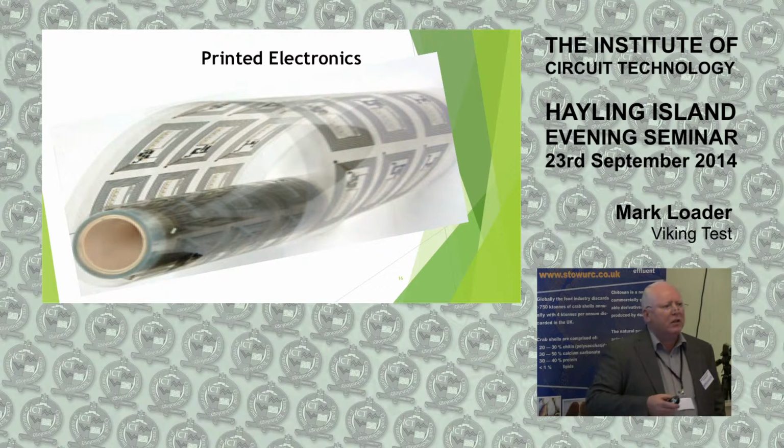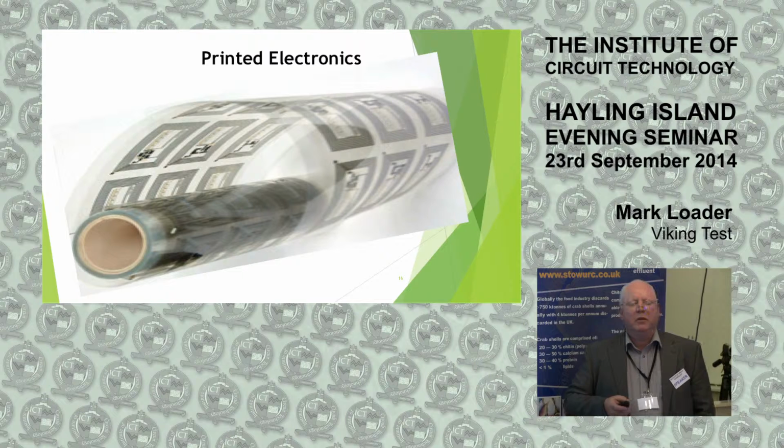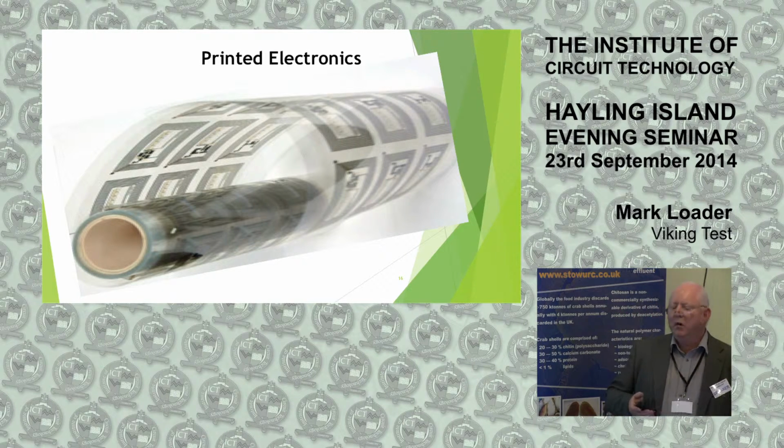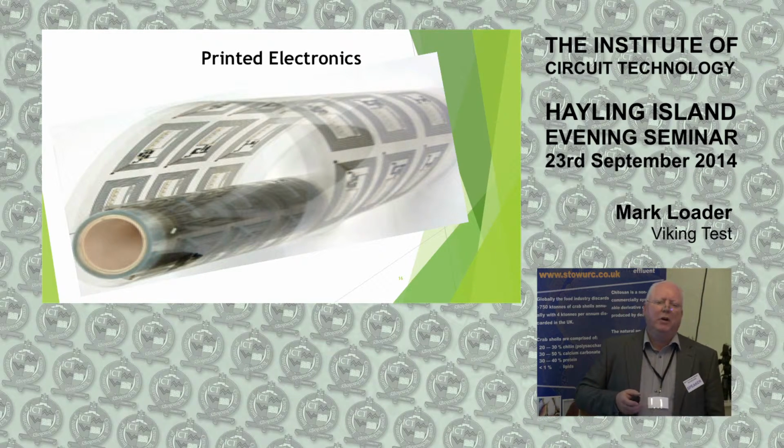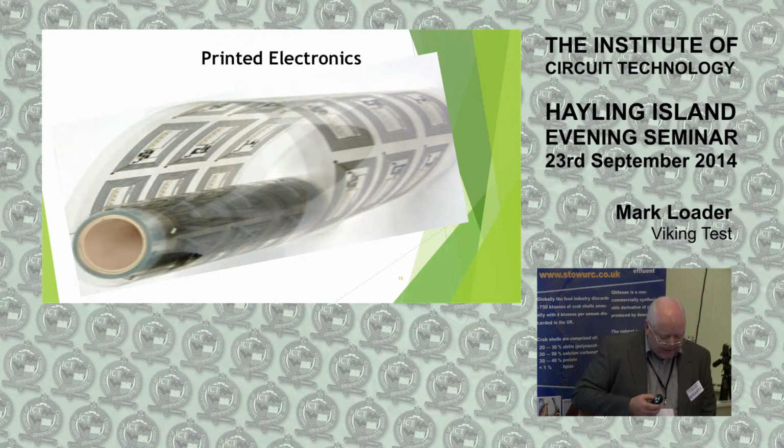Roll-to-roll printed electronics. Steve was on about UK manufacturing. Probably the best UK manufacturer of roll-to-roll is Parlex. Parlex do quite a lot; a lot of people know roll-to-roll technology. They also do assembly. With modern print heads,